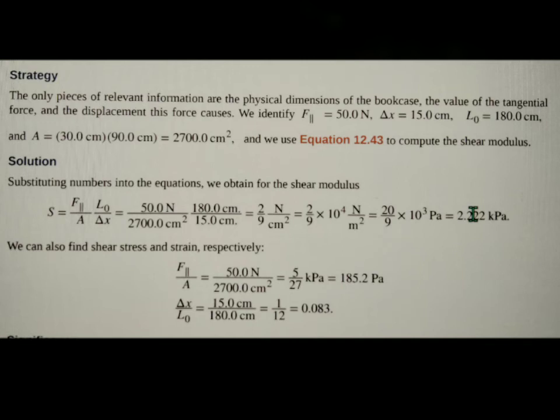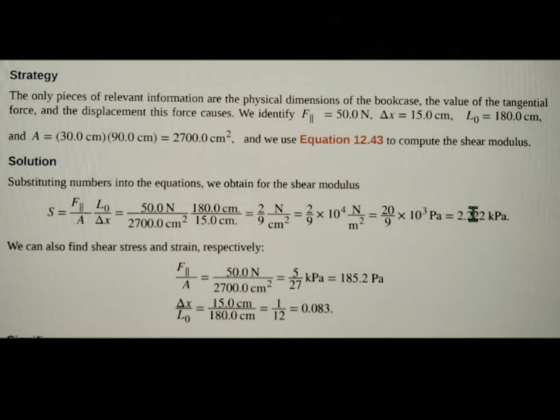Substituting numbers into the equations, we obtain for the shear modulus: shear modulus equals the magnitude divided by the area, multiplied by the original length over delta x, which is 50.0 Newton divided by 2700.0 centimeter squared multiplied by 180.0 centimeter divided by 15.0 centimeter